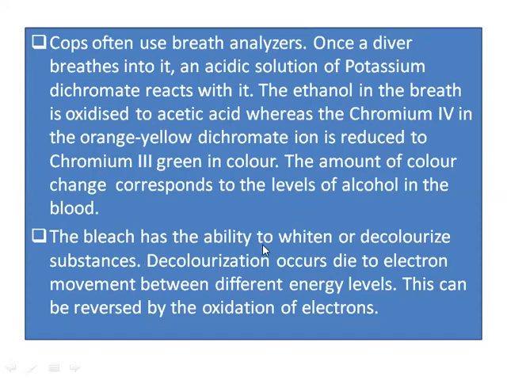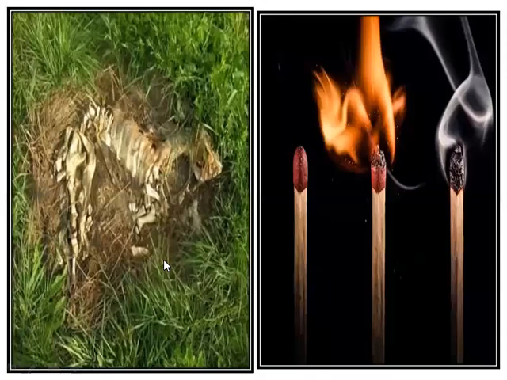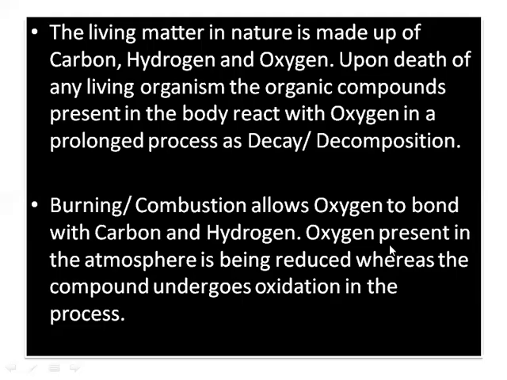The bleach has the ability to whiten or decolorize substances. Decolorization occurs due to the electron movement between different energy levels. This can be reversed by oxidation, decomposition, and combustion. The living matter in nature is made up of carbon, hydrogen, and oxygen, and upon death of